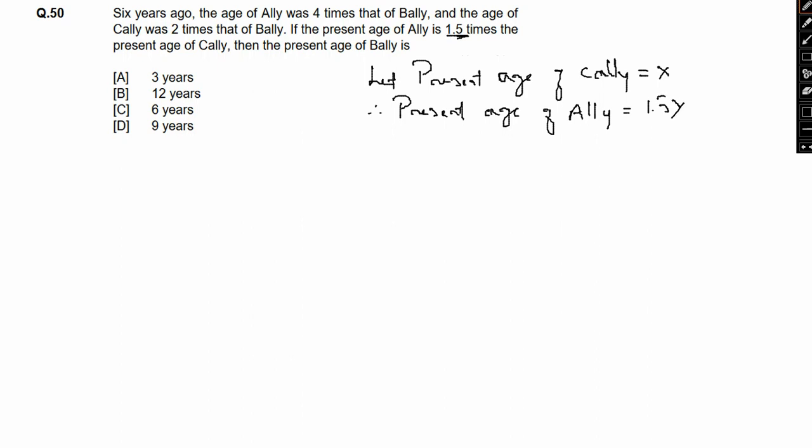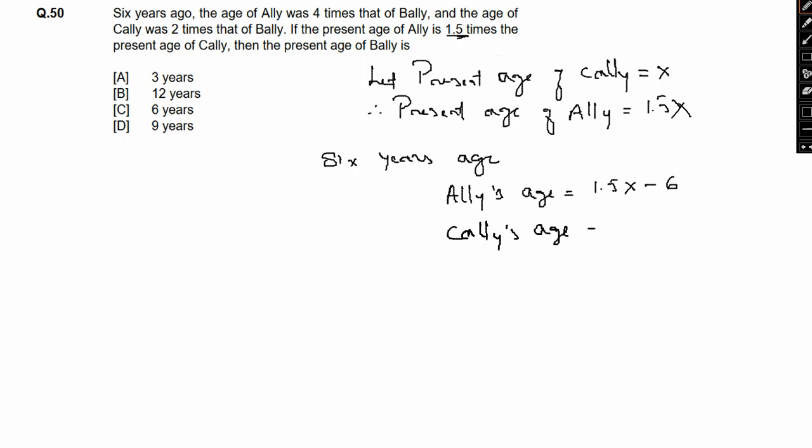Okay, using this point. Now, 6 years ago, Bali's age would be 1.5x minus 6. Cali's age would be x minus 6, and Ali's age